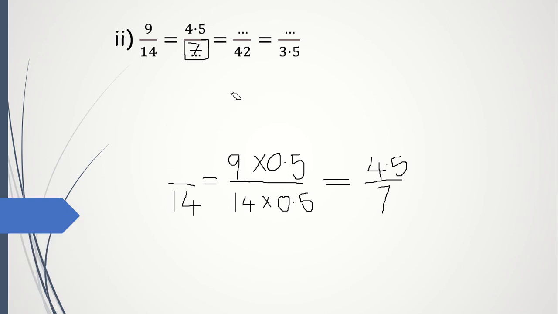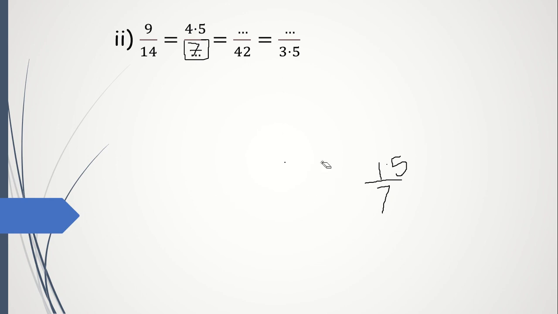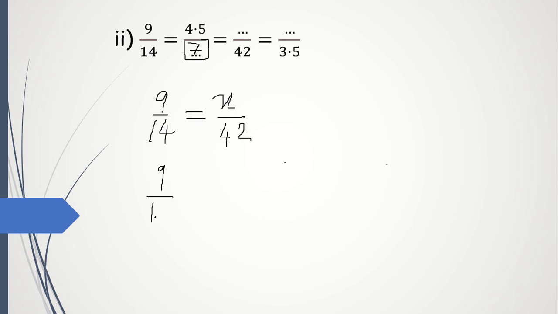Then the next one. Nine upon 14 is equal to, here what is there we don't know, so put x or put a question mark there, upon 42. So we have to write it as it is. 9 upon 14 is equal to 9 upon 14